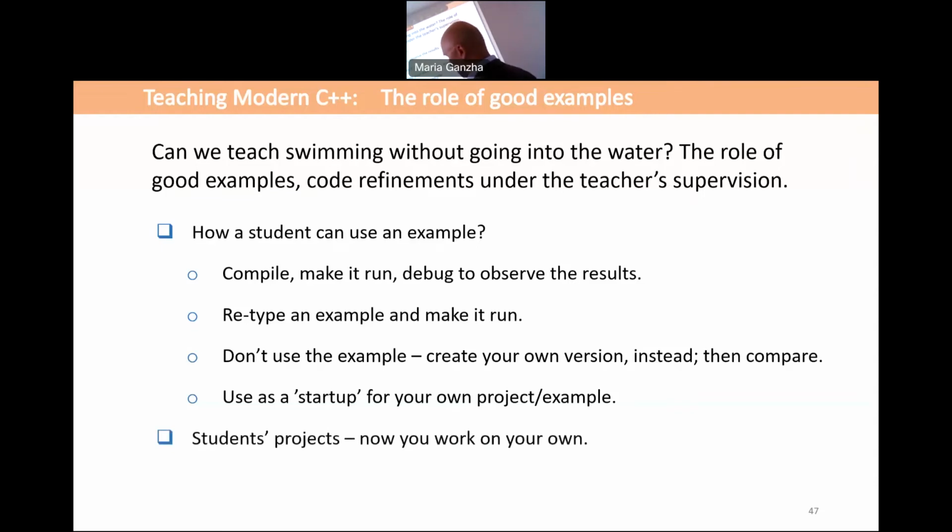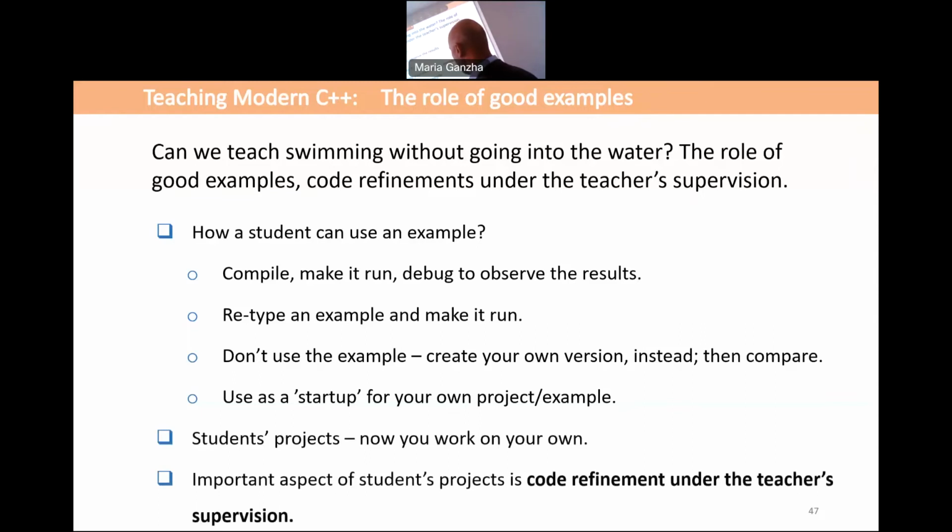And student projects, so they work on their own. And very important, when they come with the project already created, the teachers should have time to do code refinement with the student, to show, okay, this is maybe not the optimal construction. Why? This is working, but it will not work if something, or there are memory leaks or something. This is very important. So the student will see, okay, everything is good, but this point should be refined, this should be changed, or can be done differently. So this feedback, this loop.